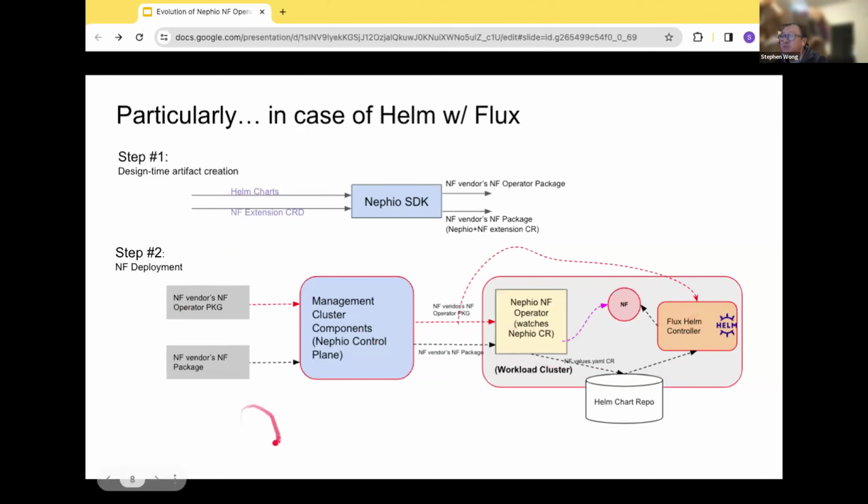Sometime later, when the users are ready to deploy, they'll deploy through our regular hydration pipeline. So by the time we hit here, the CL, the NF deployment, and all the vendor extensions are fully populated. So the NF operator watches the NF deployment. In that case, that doesn't change.